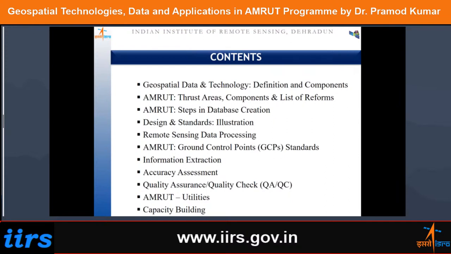So let me take on, in a single slide, the geospatial technology. I understand some of you might have undergone some of the basic or advanced courses of IIRS, and there is plenty of material available on the internet platform. And otherwise, if you are a program partner of the IIRS, you are already aware of some of these technologies. I'll just take on in a single slide what the geospatial technology is, which is nothing but the